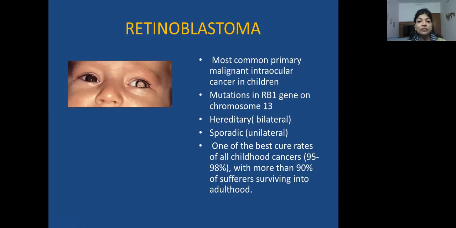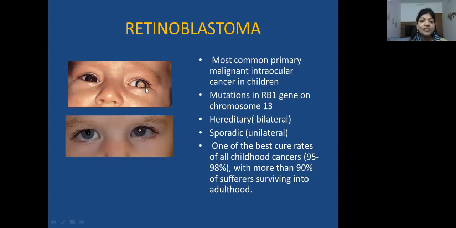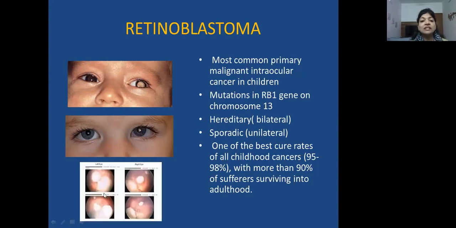So how would a retinoblastoma present to you? It could present either with a white reflex as mentioned, or if you look at this eye, you can see that apart from seeing a white reflex in the pupil, you also see a slight inward deviation of the left eye. So sometimes the only presentation of a retinoblastoma could be a child presenting with a squint. And this is how, when you dilate, you see this cheesy white mass. That's how an intraocular retinoblastoma typically looks.